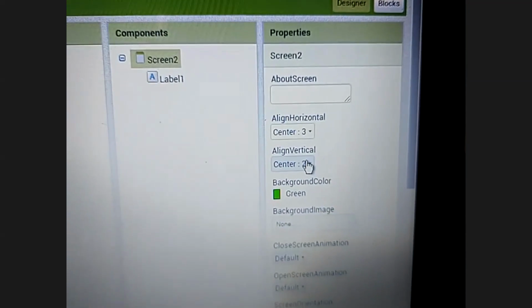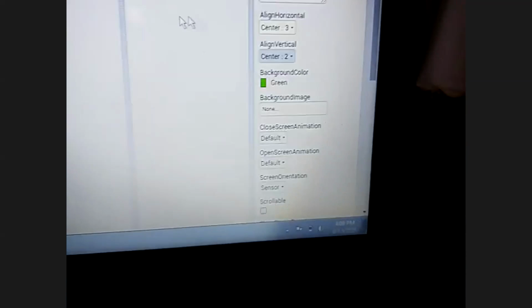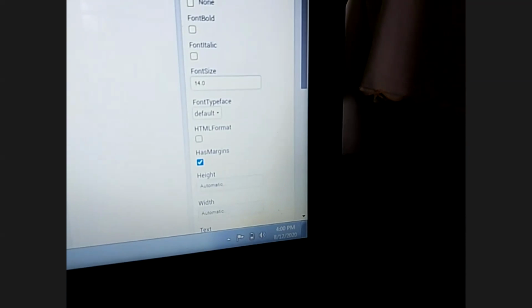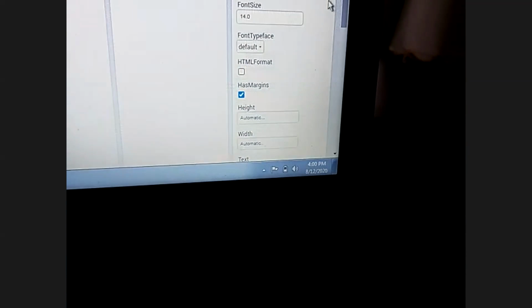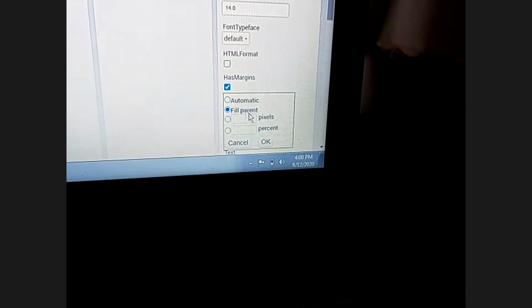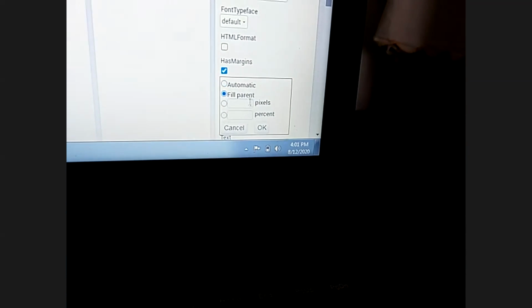सर आई हैव डन. No, not this. In the label, in the label. In the label, you can see the width property. Yes sir. Do it as fill parent. Width, not height, width. Fill parent.